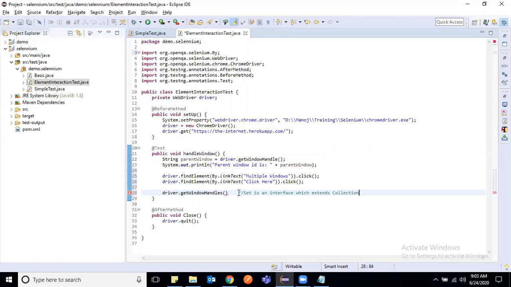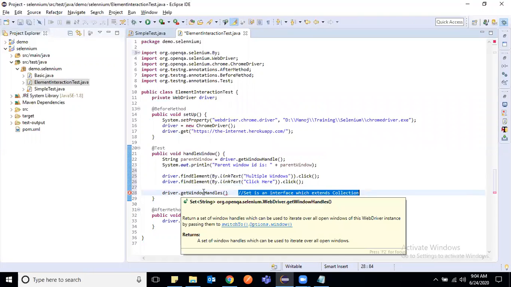Right now you can assume a set is a collection which can store multiple data. We'll come back to these topics, but for now just remember this.